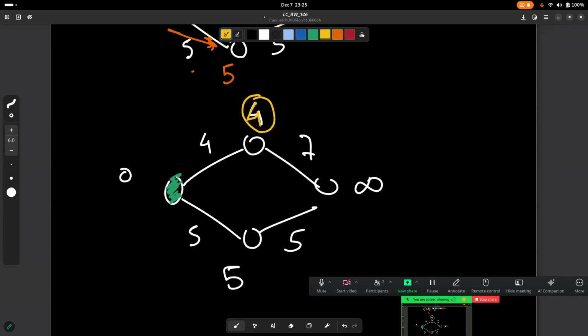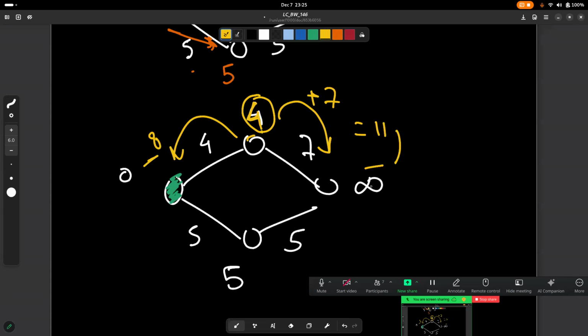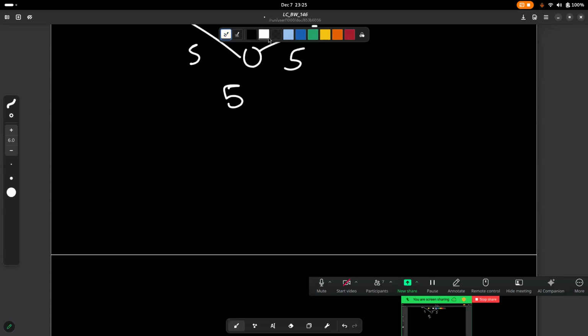So I take this node and I go on updating all of its neighbors with the minimum distance from the source. So I'm at 4 over here. I can traverse this edge and go to here with 4 plus 4, like cost of 8, but this is already 0, so I don't need to update it. I can traverse this edge, do 4 plus 7, that is 11. So this is infinity right now, and the minimum of infinity and 11 is 11. So my graph will become